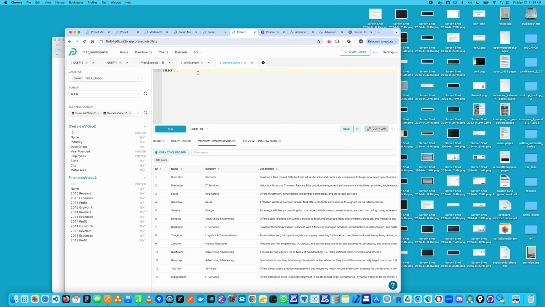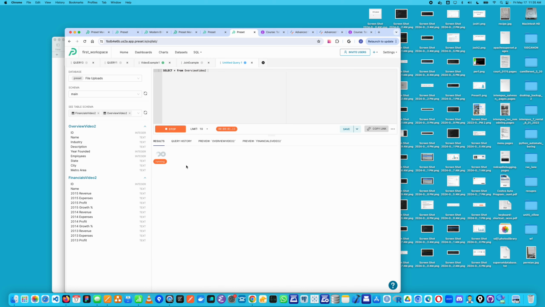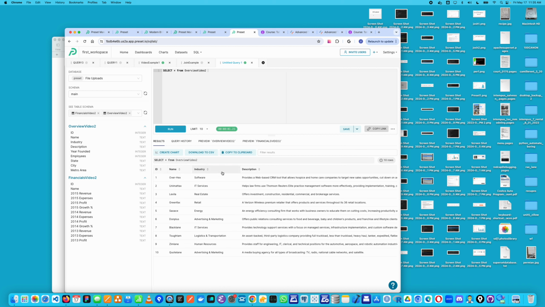I would test out the simplest SQL query, which is just to do a select star on one table. So let's do that: select star from overview video 2, and we should get exactly what was in the CSV file. Now, to do a join on ID between overview video 2 and financials video 2, there's a Preset